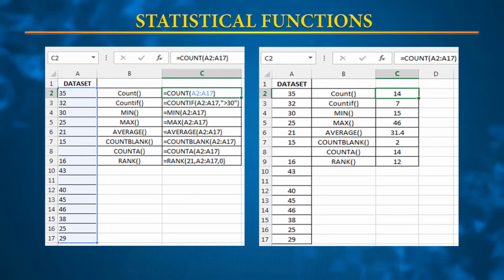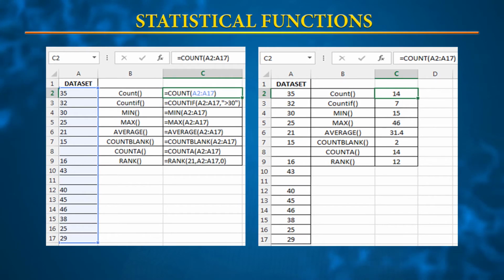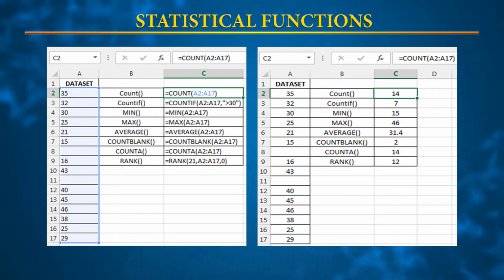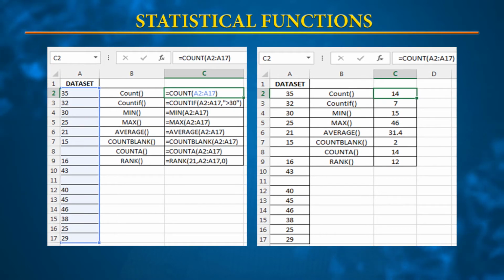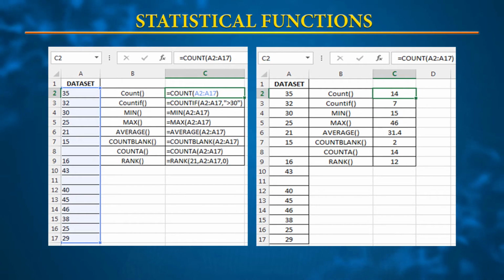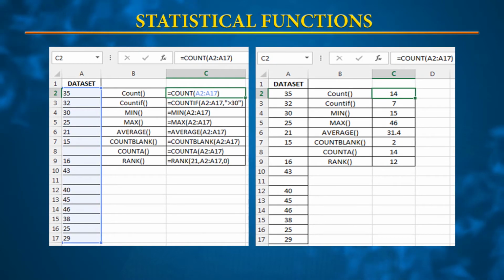Similarly, we have COUNTA, which counts all the values available, excluding the blank cells, and we can go for the RANK option also. This is the consolidated view of some of the functions described in the statistical tab, which is available under the more functions of Excel.